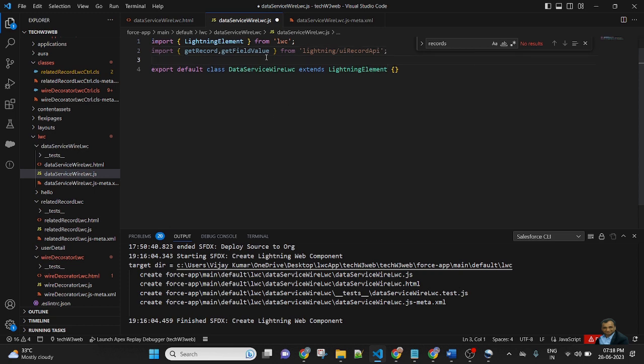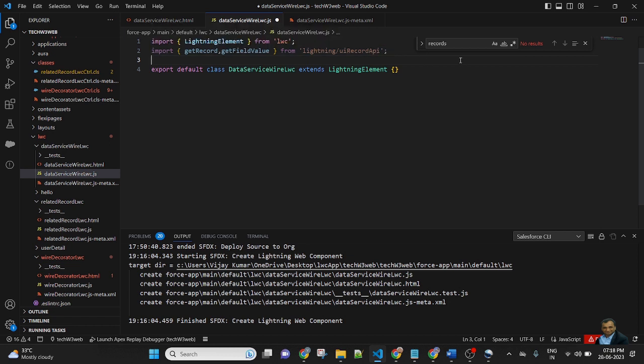So after importing, this is the name of the getRecord, and this is getFieldValue from the UI record API. This is the name of the module. So here it is a predefined module of the LWC.